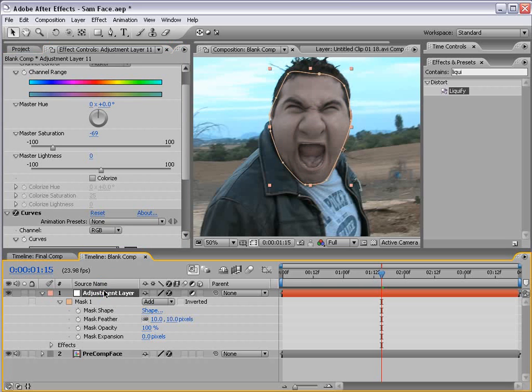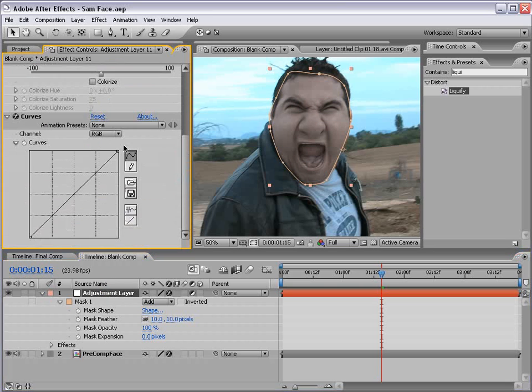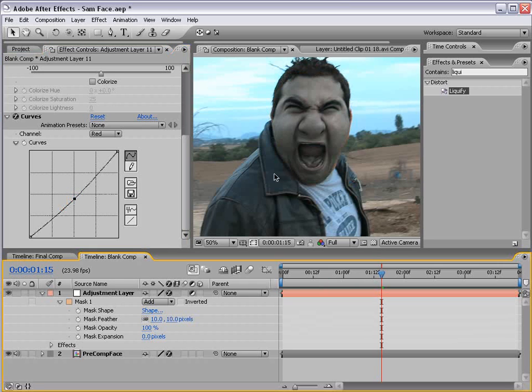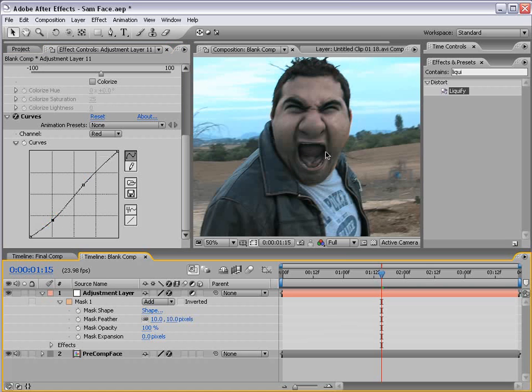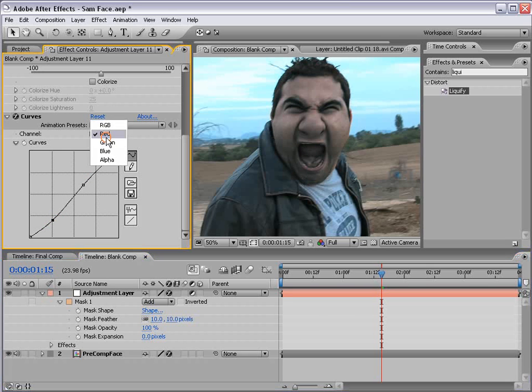And of course, the adjustment layer allows you to apply effects to it, and it will only affect the layers beneath it. And then we're going to add some contrast to the curves. Just add a couple of points. And then we're going to go to the red channel and bring the curve down to add a little green, a little demon green. You can even bring it down and then add some red too, just give it some demon contrast. And you can play with the blue channel,